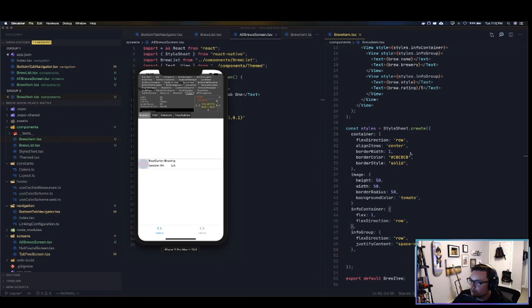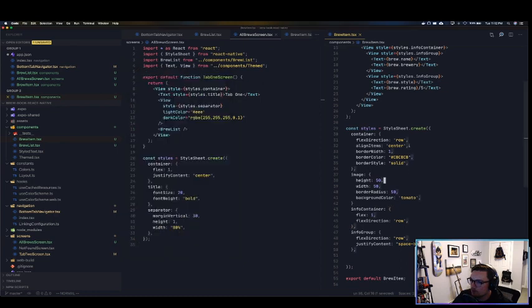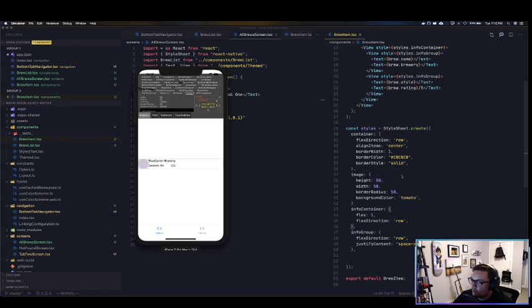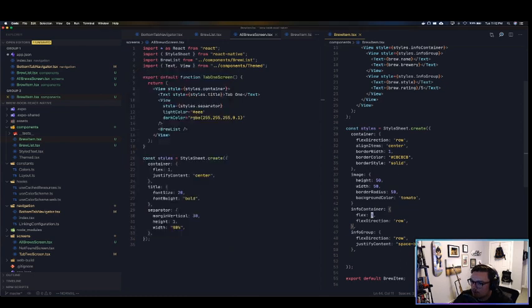So what we can do is we can now do our container is row, align items center, which is top to bottom, which is what we want. That's good. We have our image. So we can give our image width. We have our info container with a flex direction of row and a flex 1. And we just need to space it out a bit. So what we'll do here is